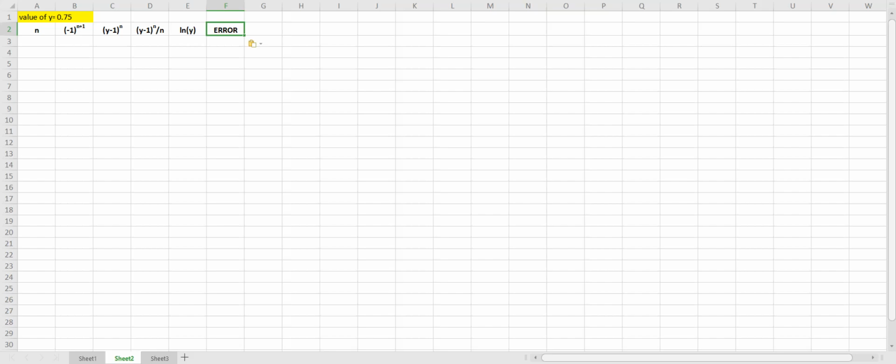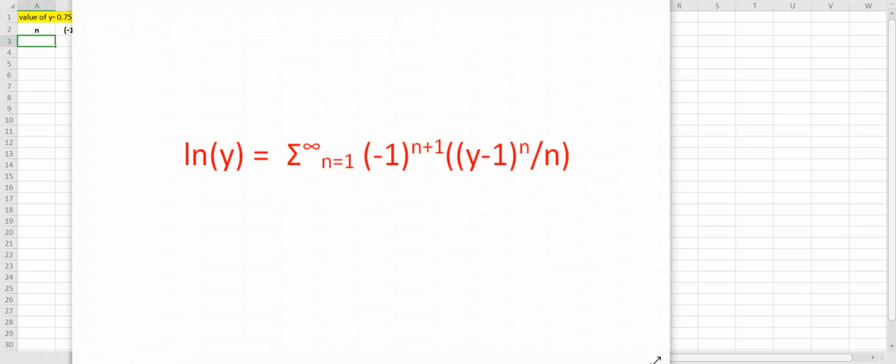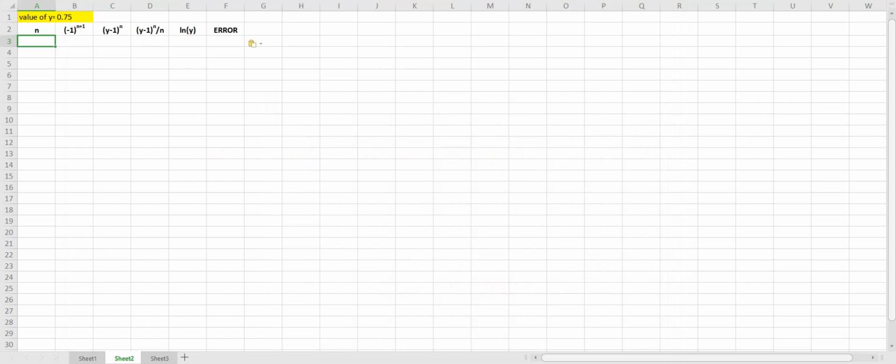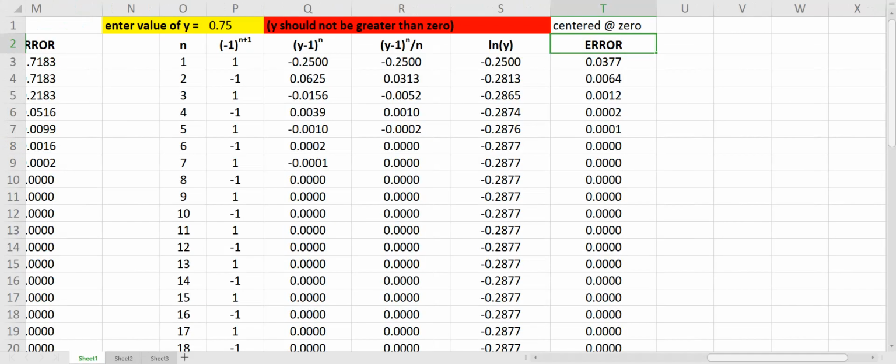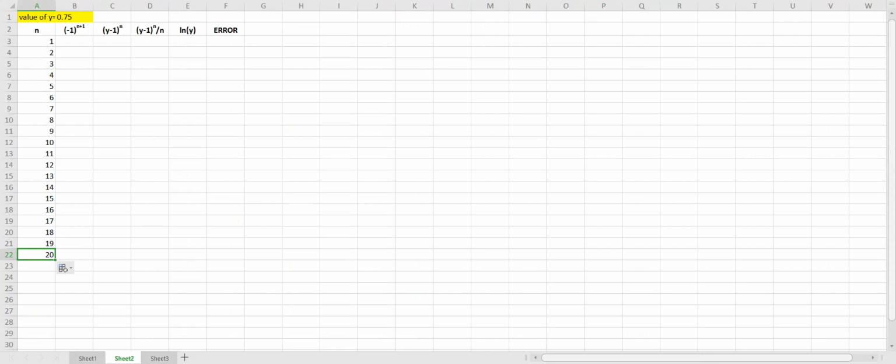Now that we're done with the labels of the corresponding columns, we will try to find the value of n. We said earlier that the value of n this time will start at 1 and not at 0. So we will also do that here. We will start n with the value of 1 and do the same for the rest. The n progresses until it reaches 20, or let's say 19, since in our example it goes up to 19. So we'll have 19 as our maximum to be demonstrated here in Excel.